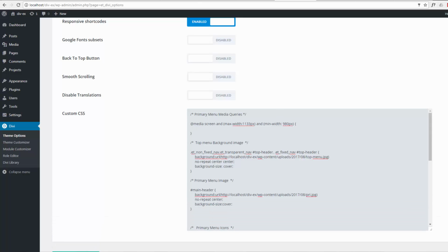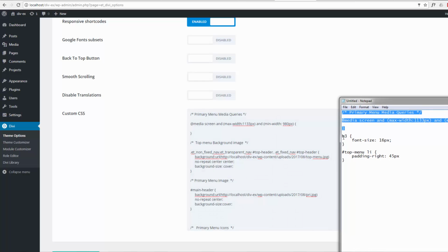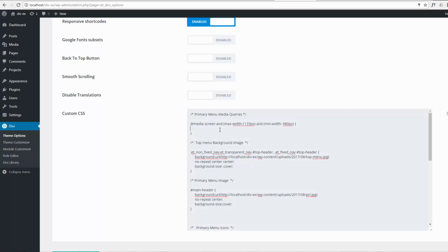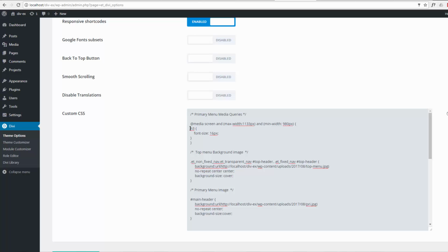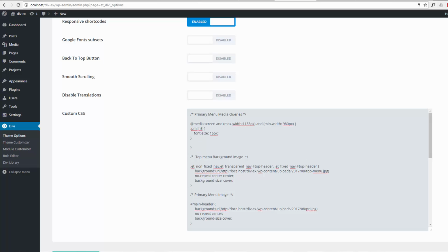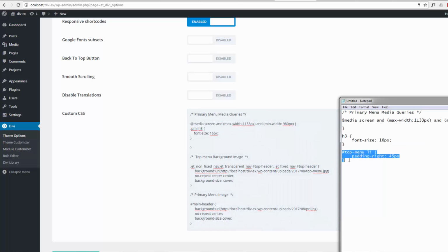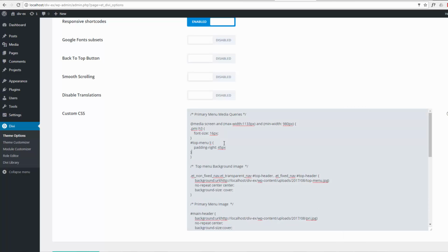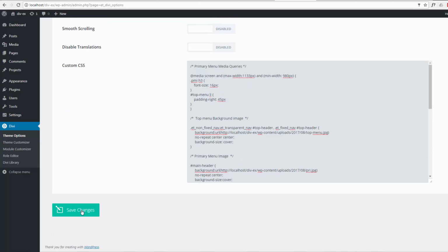Okay, in between I want to put some of the stuff that we had there. Remember that H3, I want to put it for that PMI class. So if I copy this in here, and in front of here I want to put .pmi, a bit of space there. Now drop down one more, and we want to copy our top menu list item. Making sure it's within, there should always be 2 curly brackets at the end, because remember one of them is for our actual media query here. So I've put that in, save our changes,